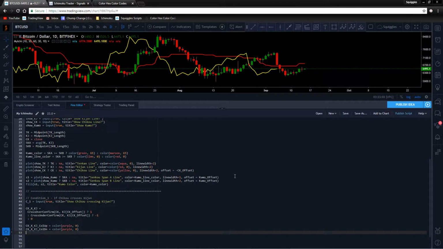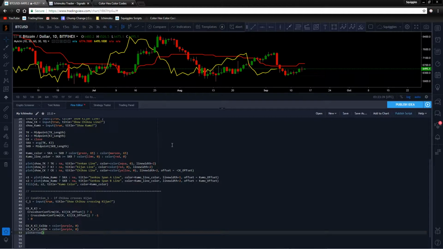Now we're going to use another function. It's kind of like a plot line, but it's not a line, it's going to be plot arrow. And it's very similar to the way that we plot our lines. We're going to plot a value. So first of all, we are going to open parenthesis, and we're going to have a test. First we're going to give it a condition,